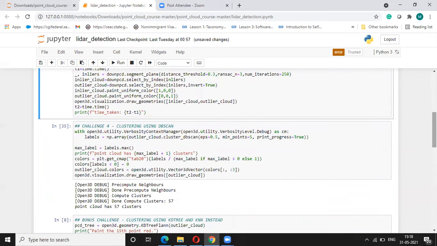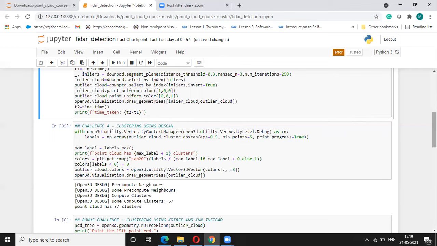In the case of the RANSAC algorithm, it can operate on either a line or a plane. In our case it's a plane. First of all, the first 3 points will be chosen randomly, and those 3 points will form a plane. Then we will check for all other points whether they are within that distance from that plane, which is dictated by the distance threshold value. If a point is within that range, then we will call it an inlier, part of that inlier family. Otherwise we will not consider it.